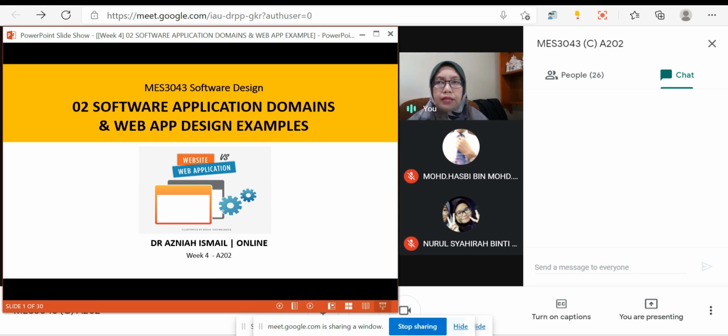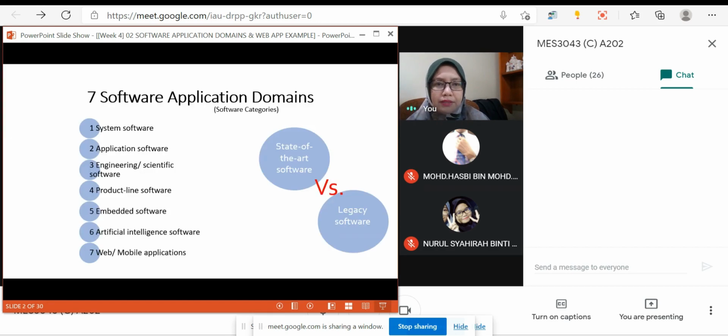And then later only you can proceed with the software architecture topic, and that is where you have to complete your architecture diagram. All right, so it's going to be slow and easy, so don't worry much. Okay, so let's start. Software categories, we can say that there are seven categories, but we don't say that